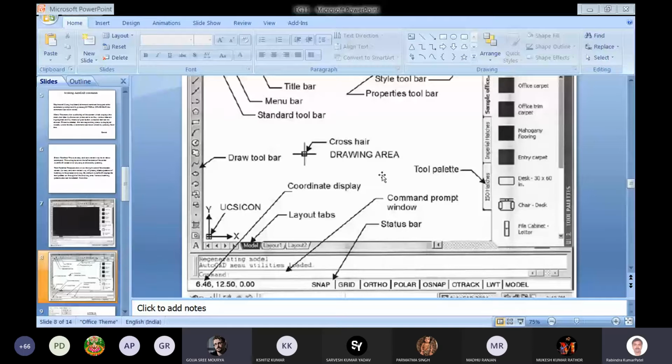In the status bar, there are various quite useful tools, like Ortho. Whenever you require that only horizontal or vertical lines be drawn, you use the Ortho command. Or Snap, one tool, a switch is there.